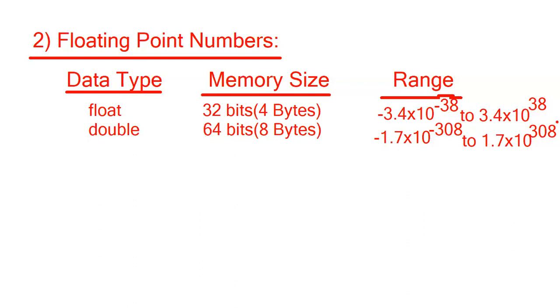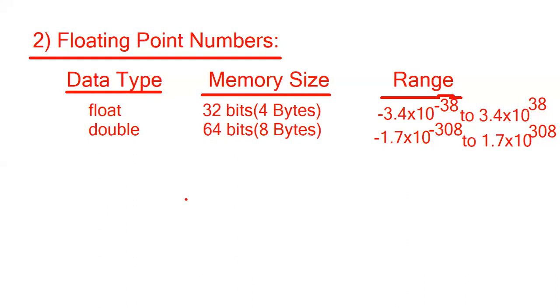See, 10 power 308. That many zeros possible. Okay, like that, decimal points. Float, double. These two data types. Decimal points are there, floating point numbers. At that time, if the number is within this range, use this float. Out of that range, use double. Double is more than enough. In maximum cases we use float only. In the integers also, in maximum cases we use int only. Long is very rare. Double is a very rare situation. Int and float only we'll use many times in real time.